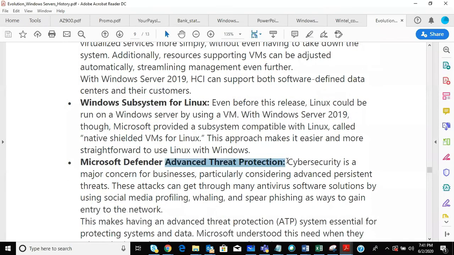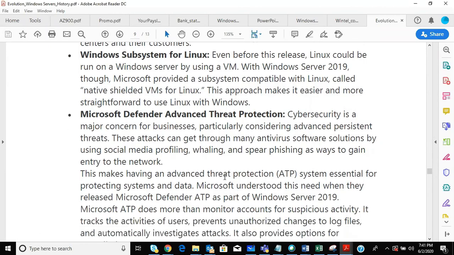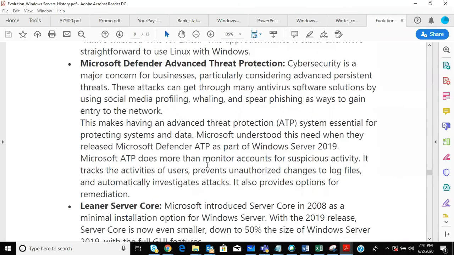So ATP got introduced. It's the capability using Windows Defender. Windows Defender is a very old product of Microsoft, but what they did is use the capability of Azure Cloud ATP, Advanced Threat Protection, by using Azure Security Center capabilities, and now they made it more powerful on-premise and in the cloud as well.